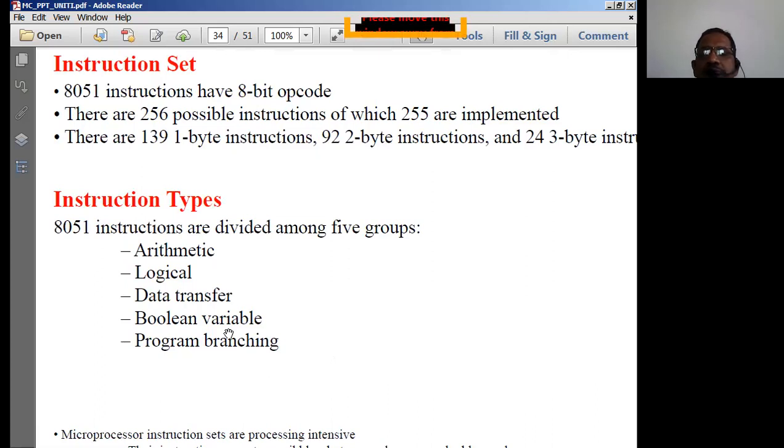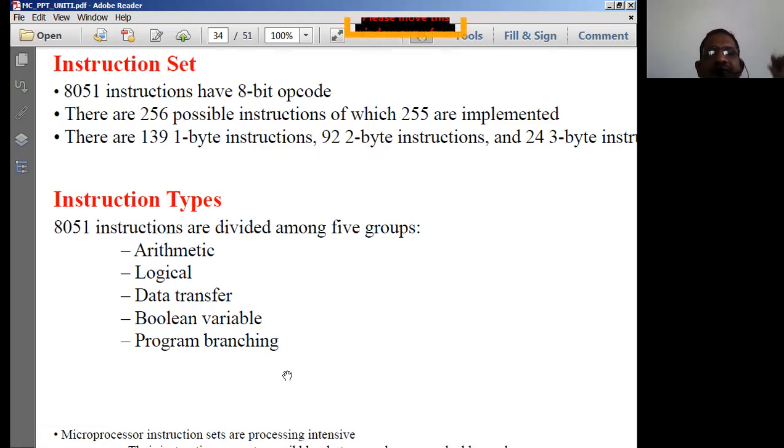Usually every computer based system supports basic operations such as arithmetic operations, logical operations, data transfer instructions, and program branching. All microprocessor based systems normally support these 4 basic types of instructions.